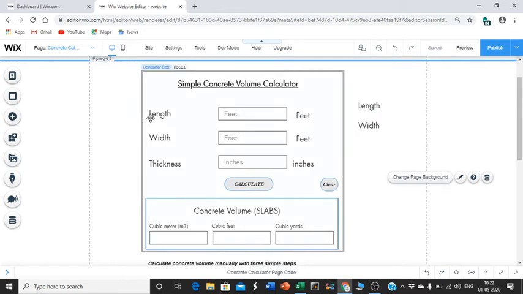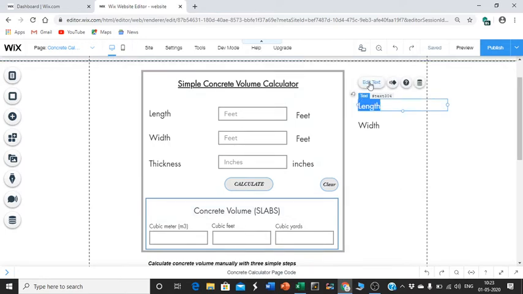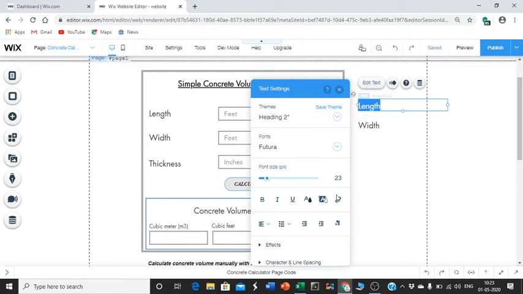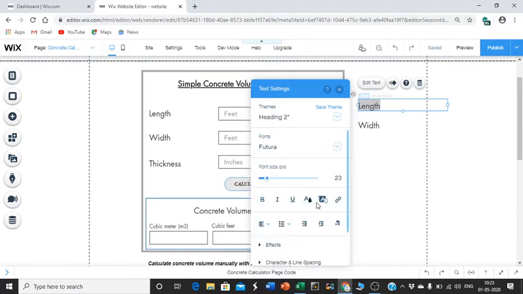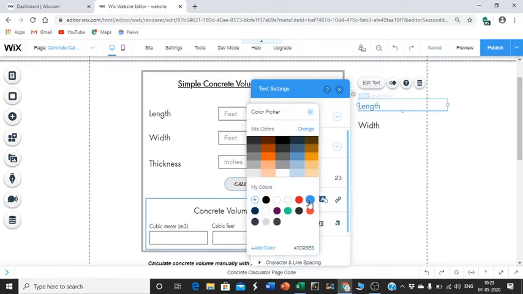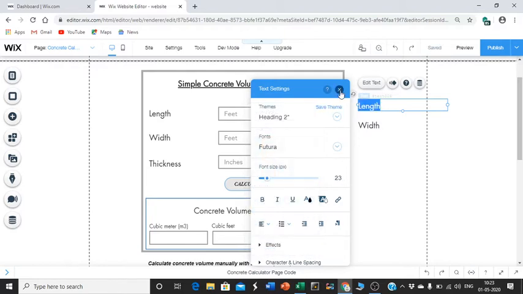This is how you can design all these text elements. If you go to edit, there are plenty of options available. You can change the font size here. You can change the fonts. If you click now, a drop down list is available. Change bold or colors. If you want, you can change it to red. See, it will change. It is up to you to design. So many options are available, and you can go through them.